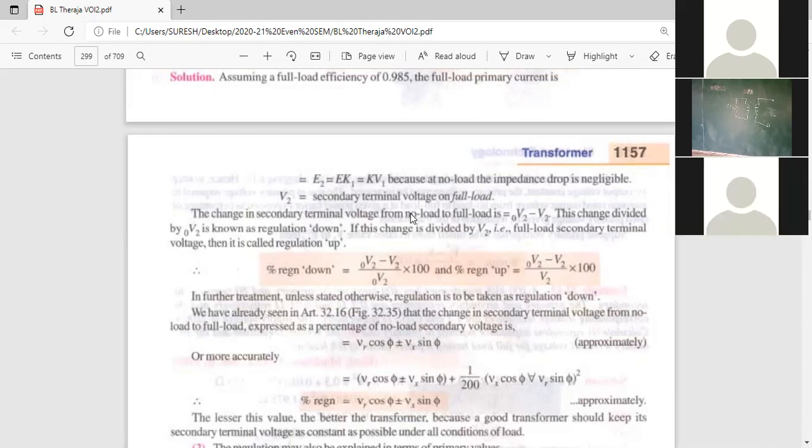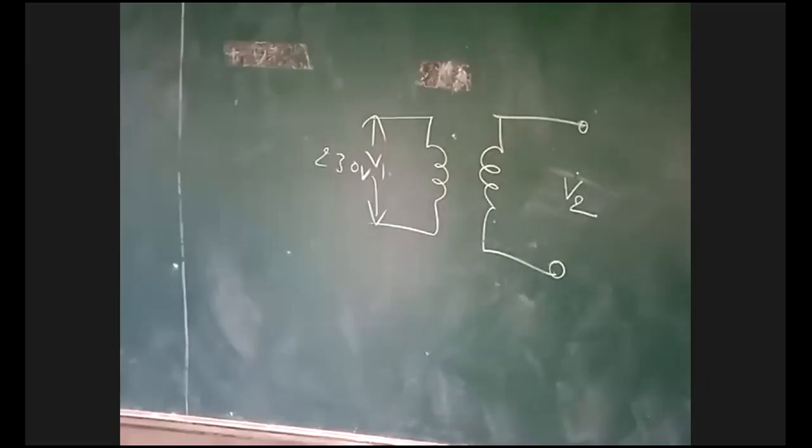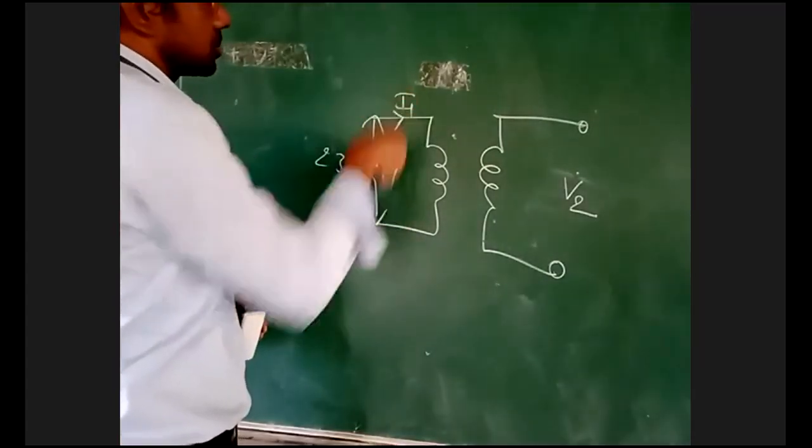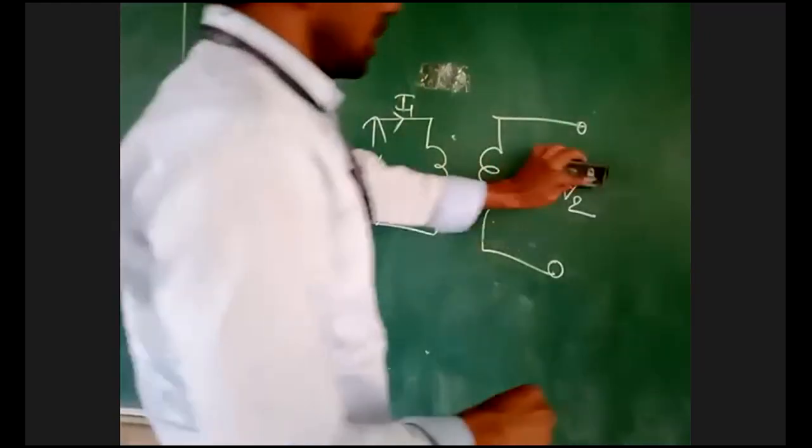Okay. Now see, in open circuit, we'll have the voltage. When you are applying the voltage V1 at the primary side, same voltage will appear in open circuit. Now here current is 0 in the secondary circuit. Only in primary circuit your current I1 is flowing. In your secondary circuit there is voltage. Now connect the load.